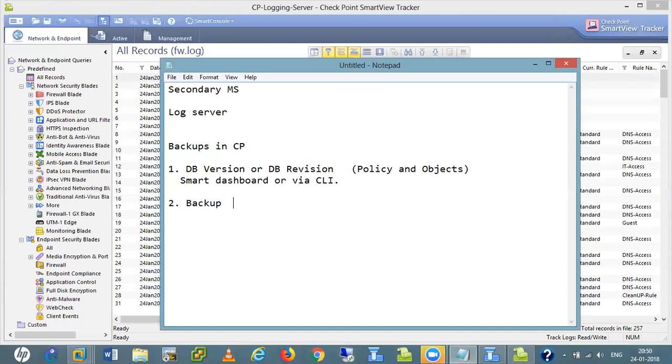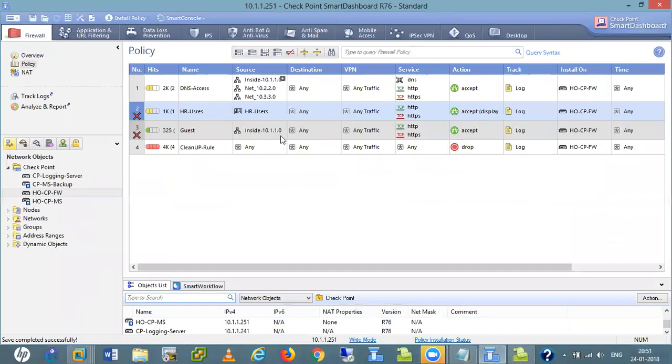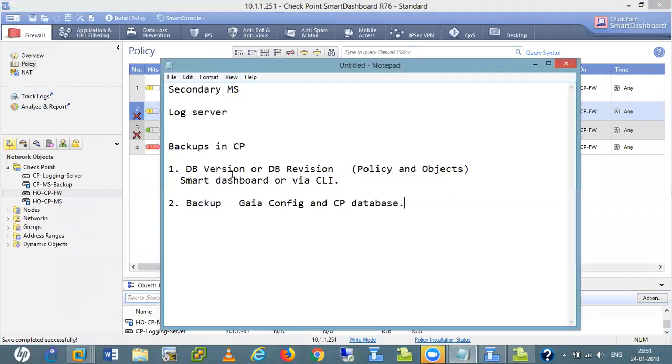This backup contains the Gaia configuration, whatever we configure in Gaia OS, and the Checkpoint database, meaning all the policies and rules we configure via the dashboard. The first backup is only for policies and objects.